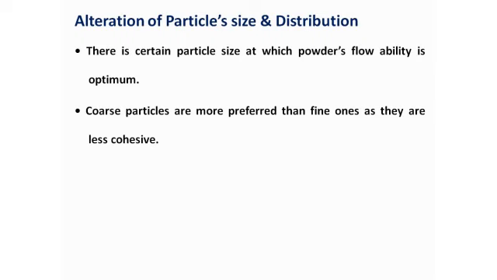Now the coarse particles are more preferred than the fine particles as they are less cohesive. I repeat, the coarse particles in the formulations are preferred compared to the fine particles, because the coarse particles are less cohesive,